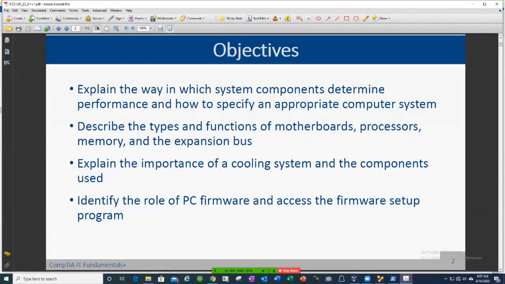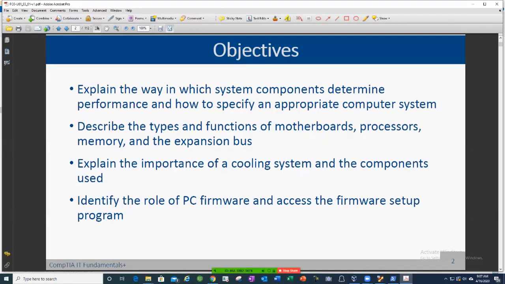Objectives for this module. At the end of this module, you should be able to explain the way in which system components determine performance and how to specify an appropriate computer system. One of your tasks as an IT professional would be to recommend computer systems, based on the needs of your client, whoever it is that you are working with or helping. So you need to understand these components so that you can make the appropriate decision when you are buying computer